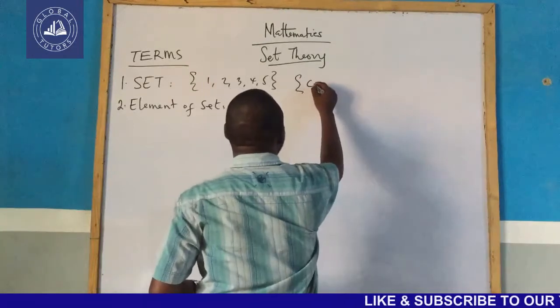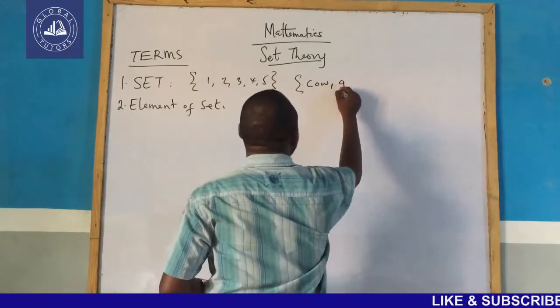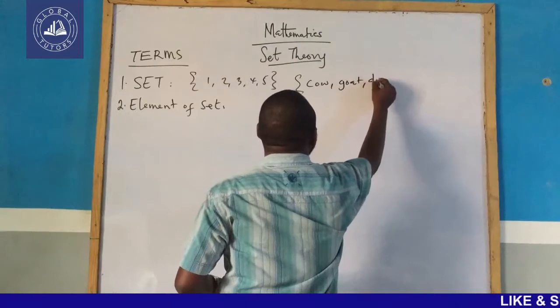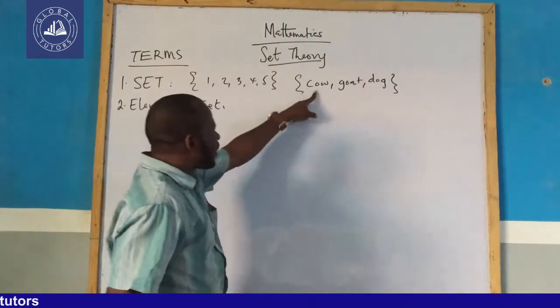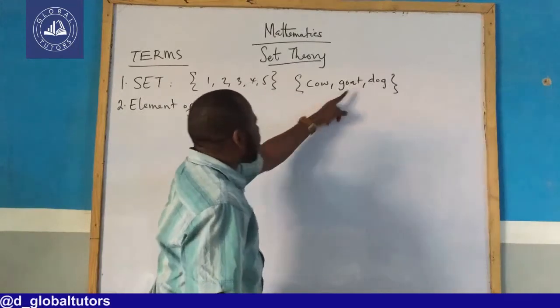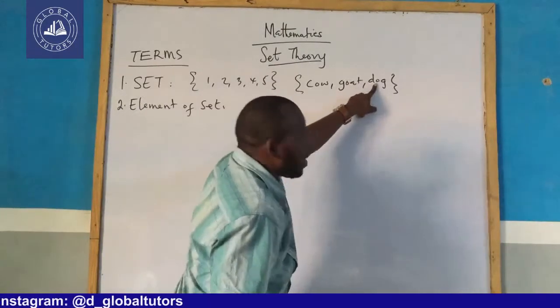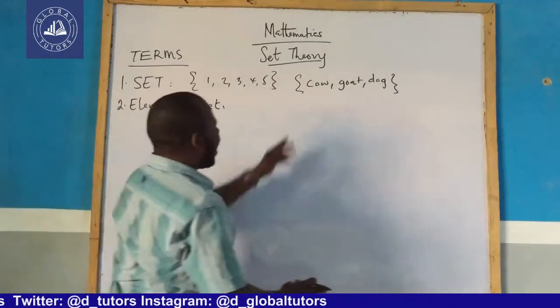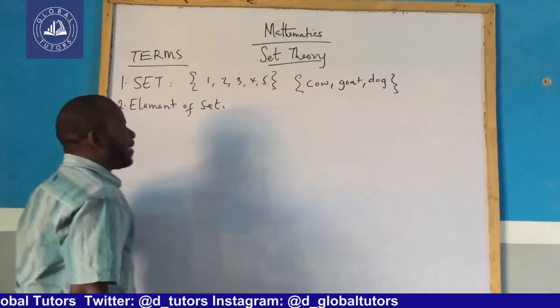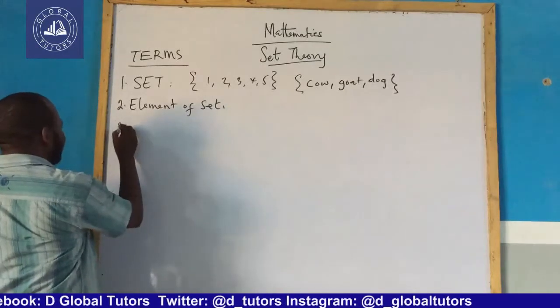For instance, if I have cow, goat, dog, this is a set. So cow is an element of this set, goat is an element of this set, dog is an element of this set. So the elements of a set are the objects collected in the set. Number 3,